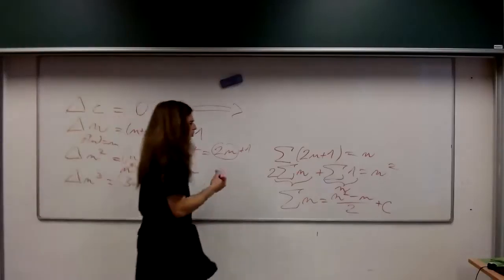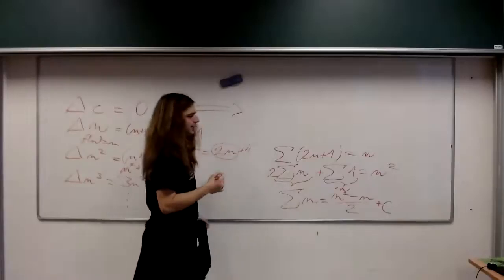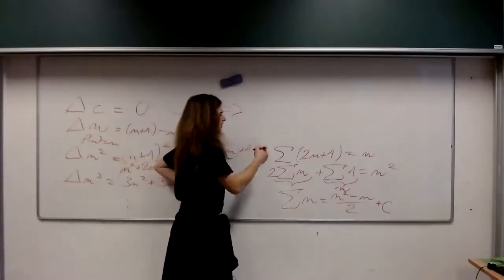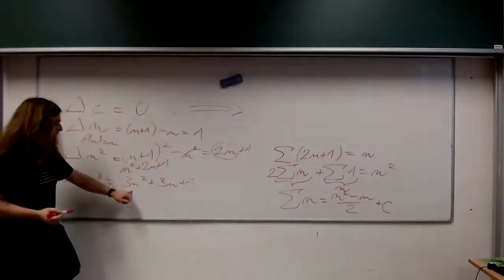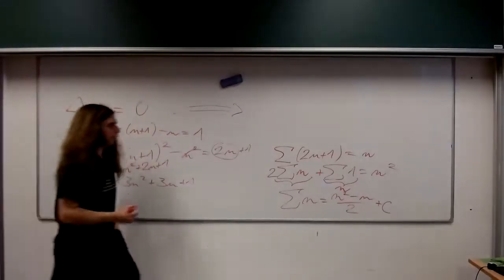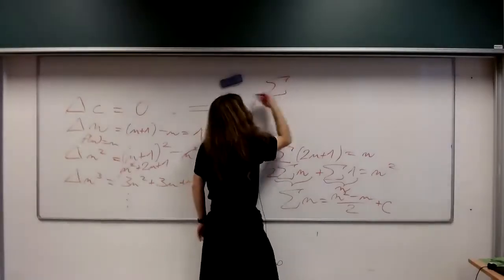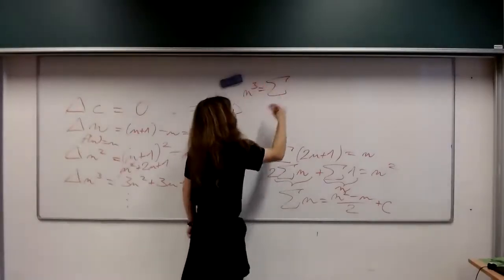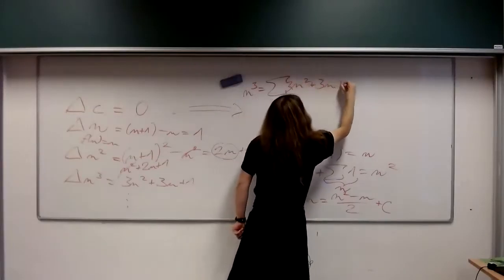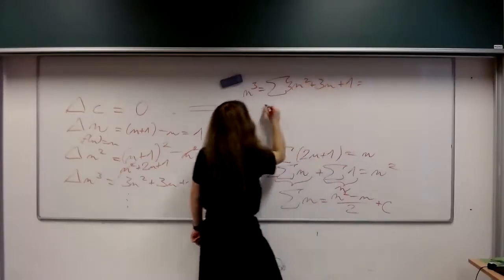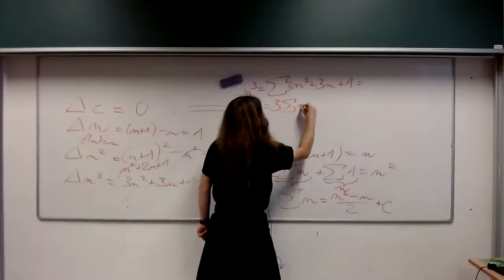So it will be nice if this very simple thing will give us the right formula, and it will, because we see that the sum of this needs to be n cubed. So we do n cubed equals the sum of 3n squared plus 3n plus 1, which is 3 of those sums